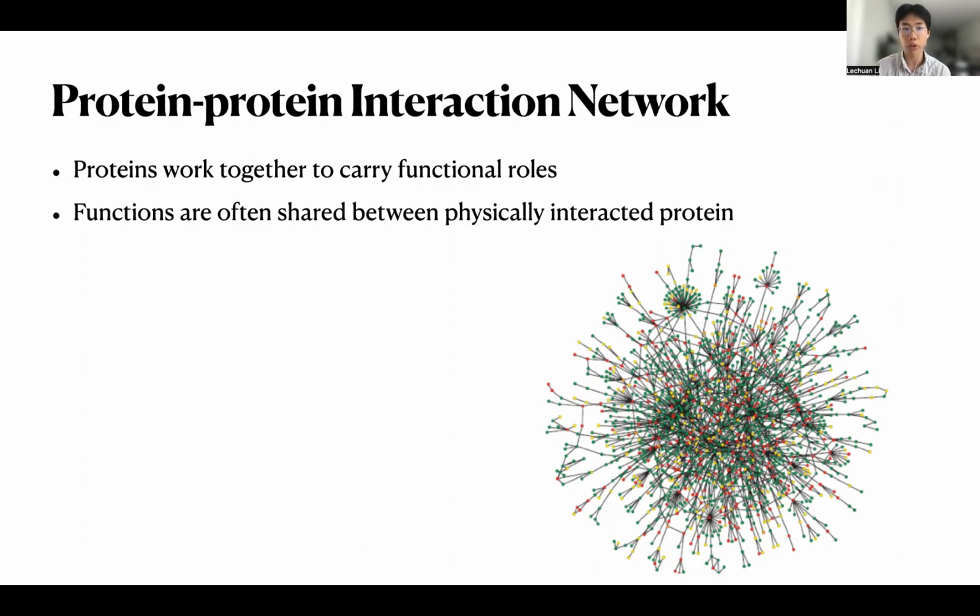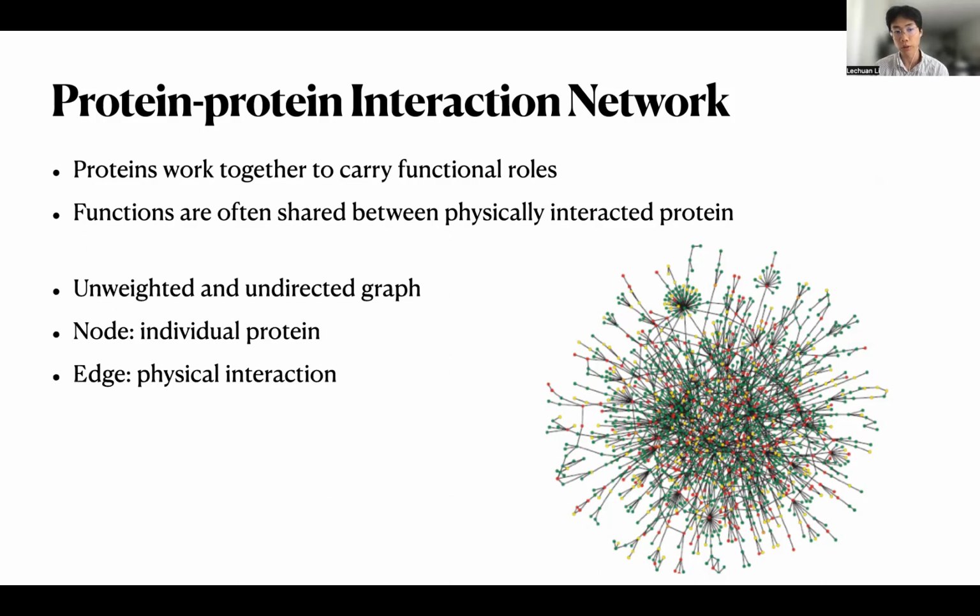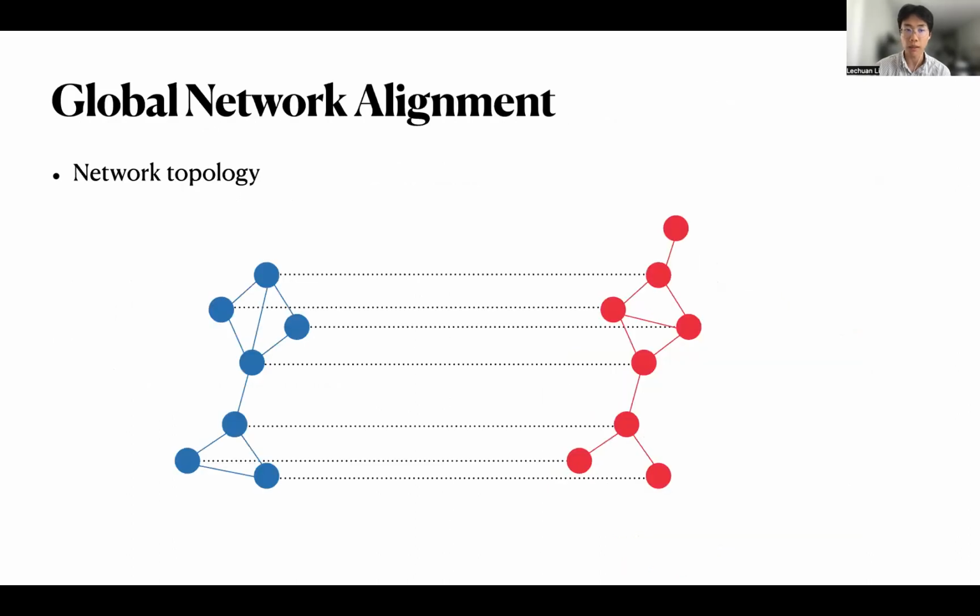Therefore, people construct protein-protein interaction networks, in which nodes are proteins and edges indicate whether two proteins have a physical interaction or not. Having a protein-protein interaction network for each individual species and analyzing the network topologies can help infer